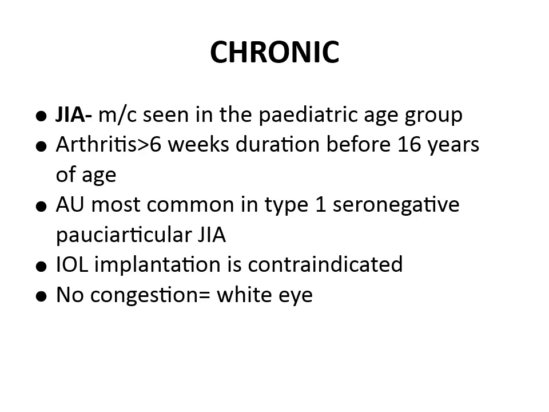Fine. So now you remember it's of two types. You have a pauciarticular where less than 4 joints are involved, and you have a polyarticular where greater than 4 joints are involved. Fine. Now in pauciarticular again you have type 1, most commonly seen in girls, and type 2, most commonly seen in boys. So now this anterior uveitis is most commonly seen in type 1 seronegative pauciarticular juvenile idiopathic arthritis.